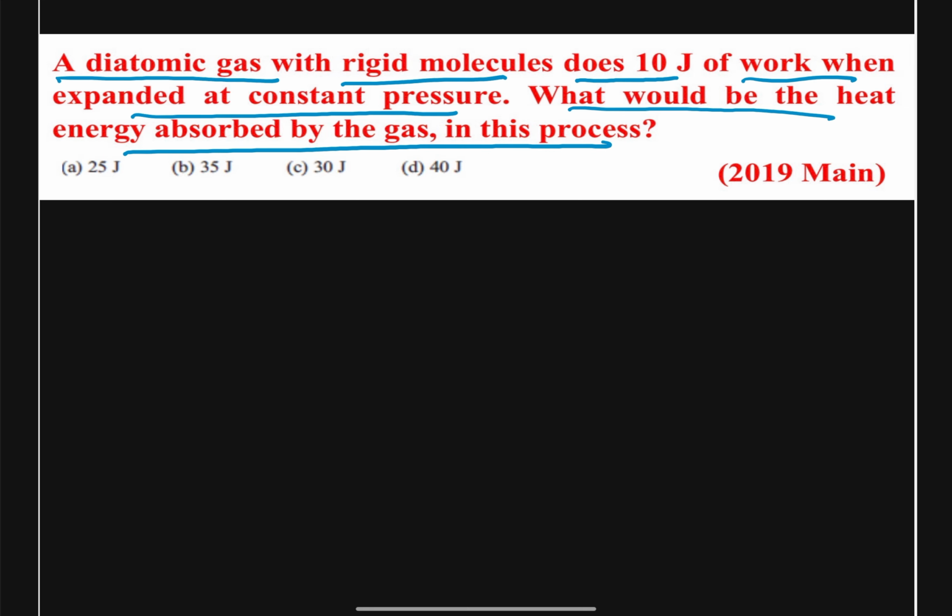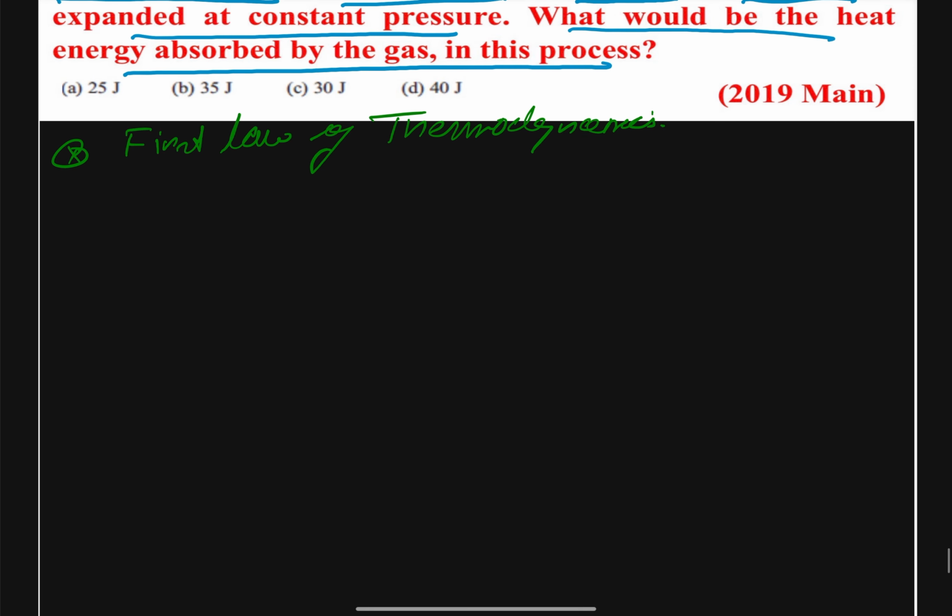So we can say that first law of thermodynamics,